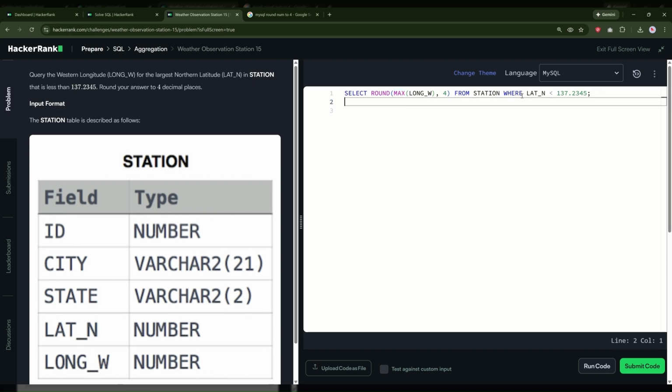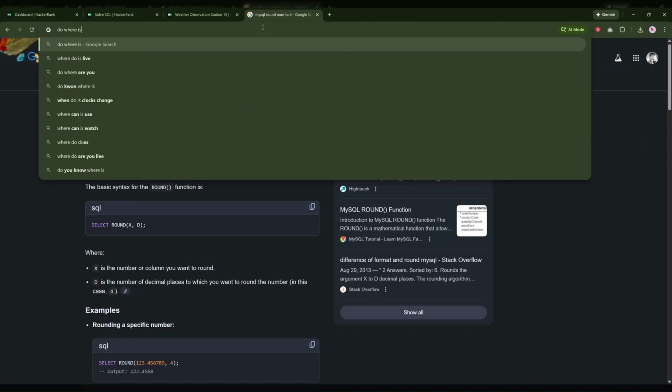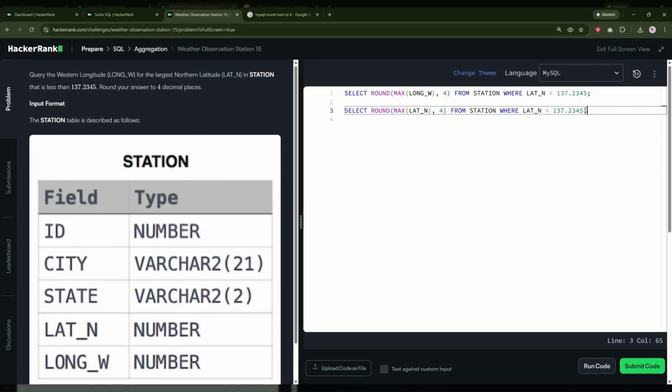So we have to somehow combine these two. So where northern latitude is less than that, do where... let's comment this out, and where